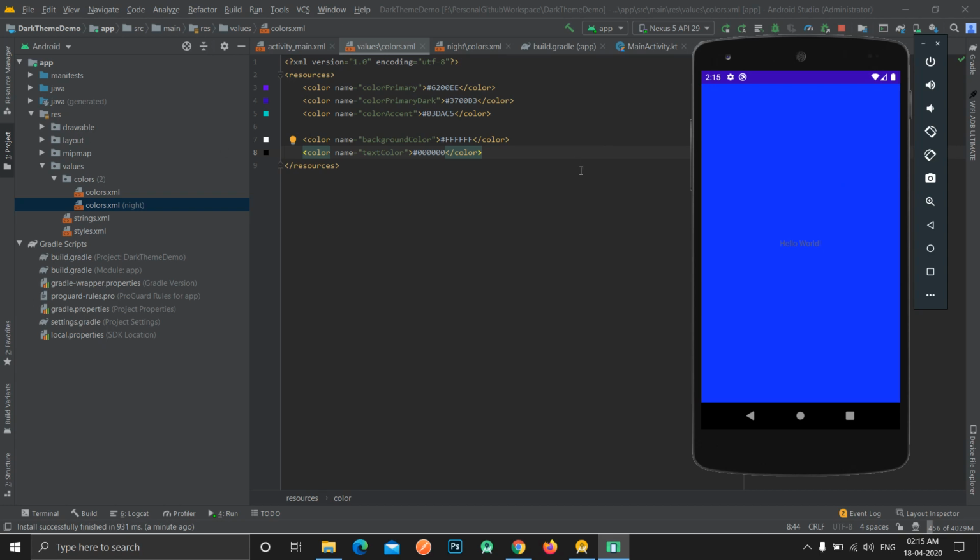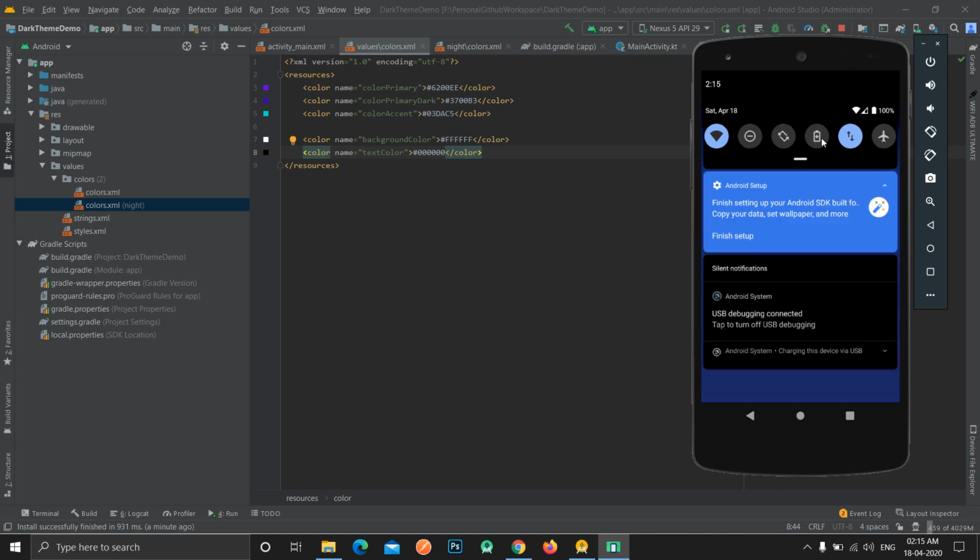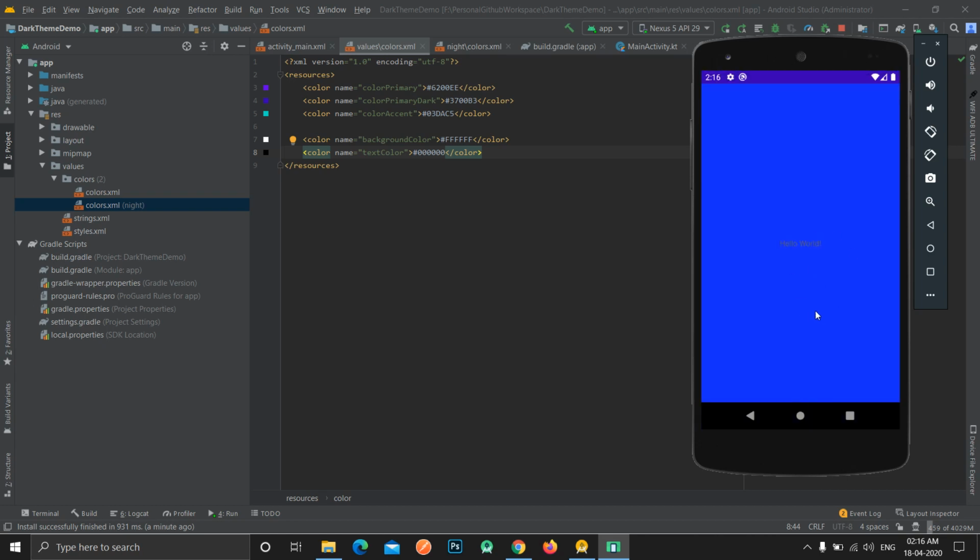So in the next video we will see a very detailed guide on how we can manually add a switch to our application for changing the theme just for this application. Like in this video we have seen that we changed the system theme and our application theme automatically gets adjusted based on the system selected theme. But in the next video we will see how we can manually add a trigger in our application, which would be like a switch button. When we turn on the switch it will turn on the dark theme, when we turn off the switch it will turn off the dark theme.